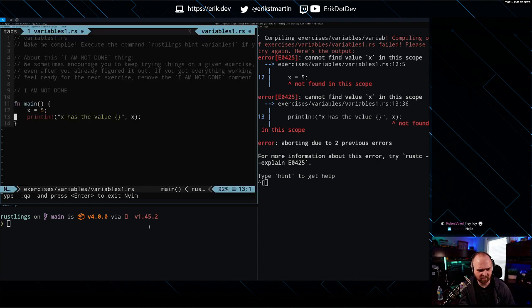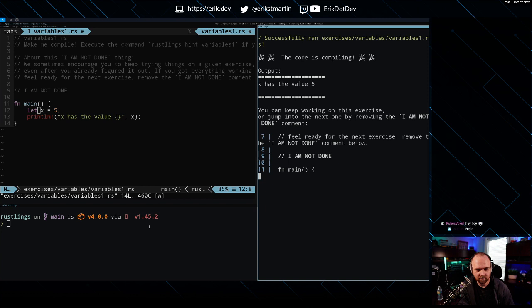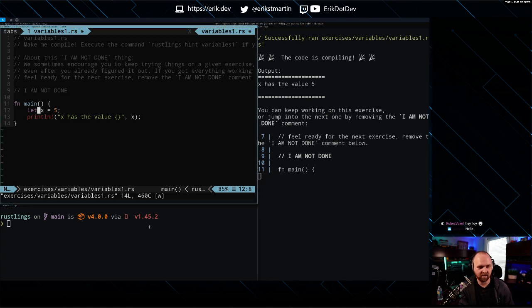I'm guessing that was the Rust language server not starting up very quick. Alright. Make me compile. Is this let? Alright, perfect. So every time we get the code compiling, we'll get this success message. And in order to move on, we have to delete the comment for the I am not done.